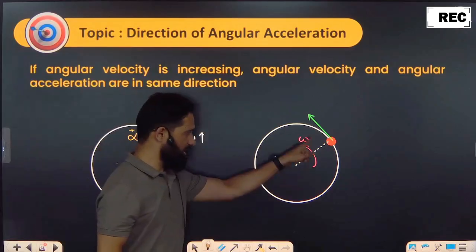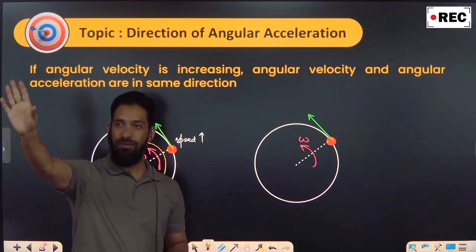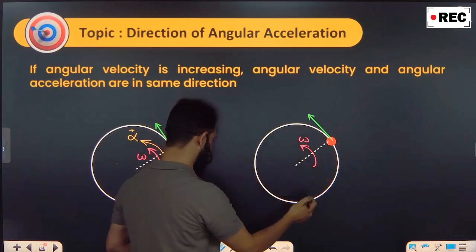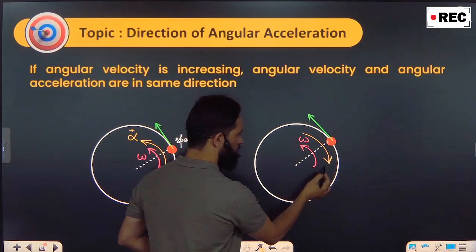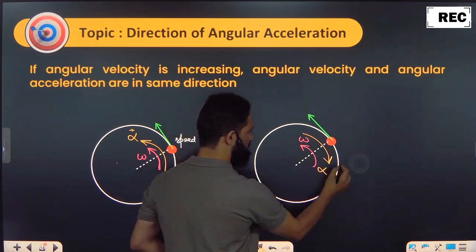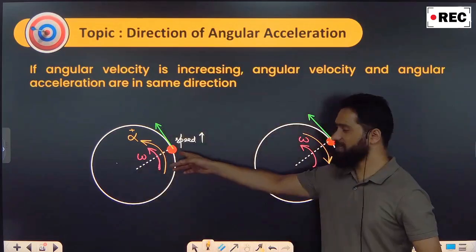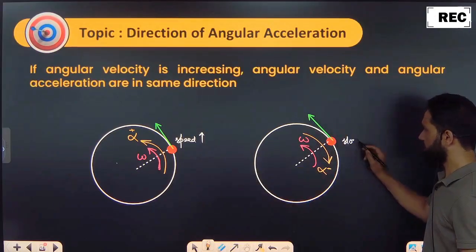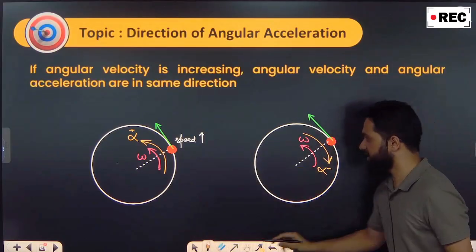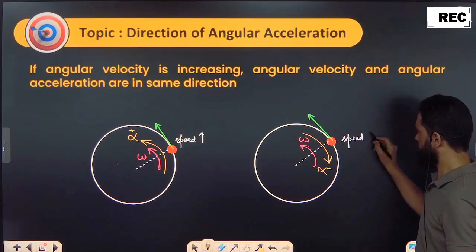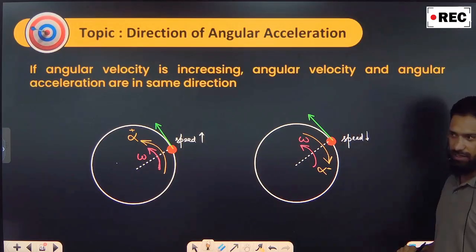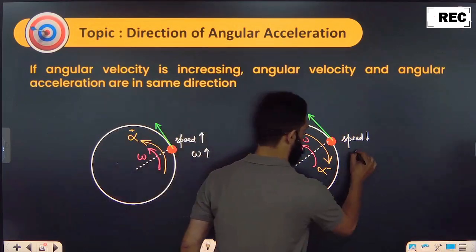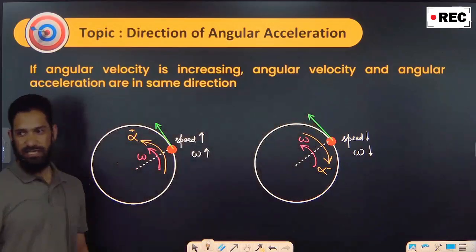Now tell me, this is omega. Suppose the fan is rotating right now. If I want to stop it, should I push it in the same direction or the opposite? Opposite, so I slow it down. So alpha and omega are opposite, and we call it negative. You can imagine this one is positive acceleration and this is retardation. When omega is decreasing, the speed is decreasing. When omega is increasing, alpha is in the same direction; when omega is decreasing, alpha is opposite to omega.